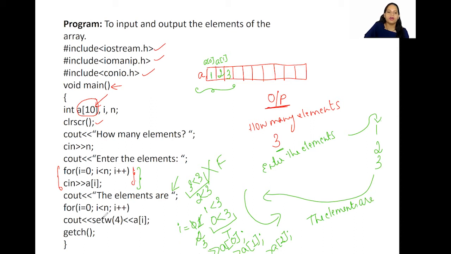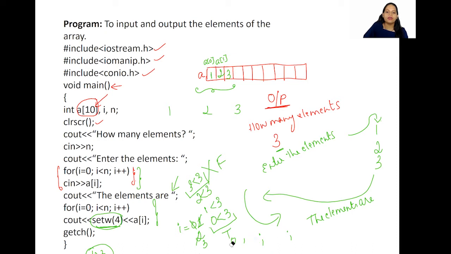And see this for loop again. The setw(4) is nothing but, if I have output 1, 2, 3, if I don't put it, I will get something like this, okay, together. So if I want a distance between them, something like this, 1, 2, 3, then you have to use this setw of 4 between the variables, okay. So that is when we will get an answer like this or output like that. Okay, let me erase this.